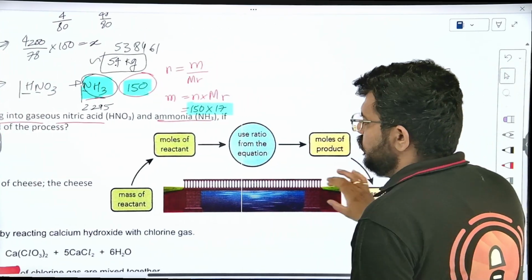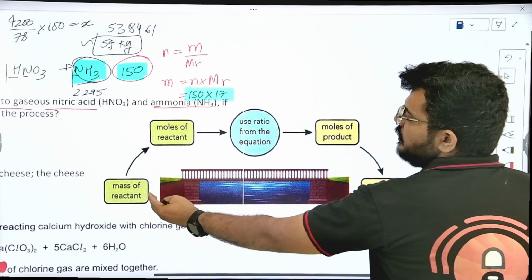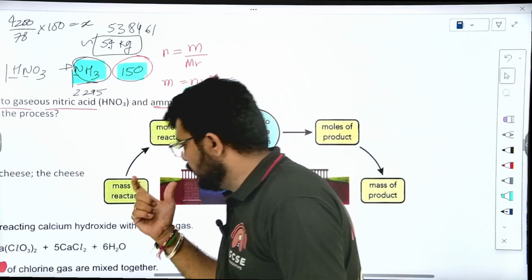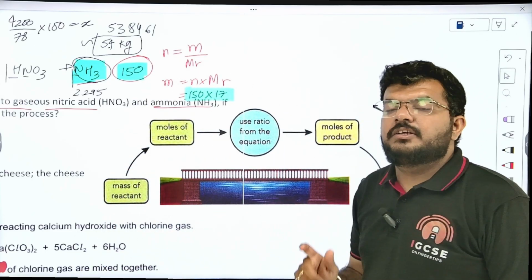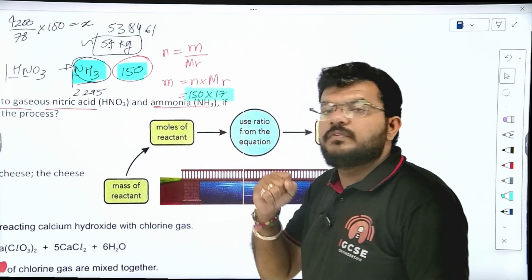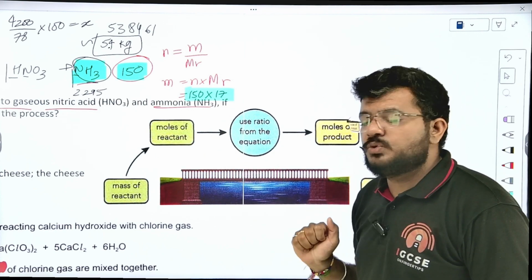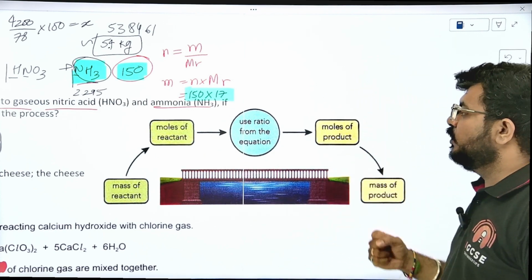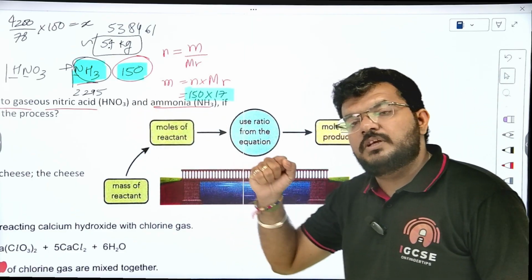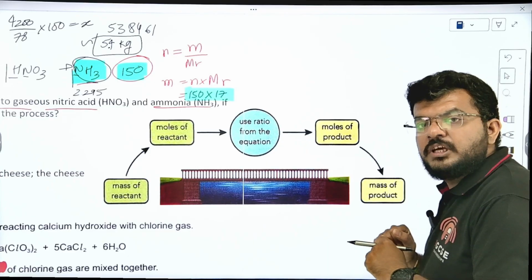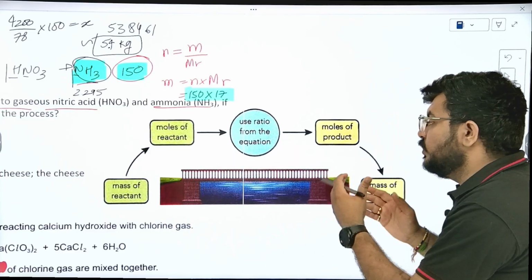So what did we do? We took the mass of reactants and changed that to moles, right? 12,000 grams of NH4NO3 was 150 moles. Then we used the ratio, both of them were 1:1. Then we found the moles of product should be 150. If the ratio was 1:2, then the product would have been 300 moles. If the ratio was 2:1, the product would have been